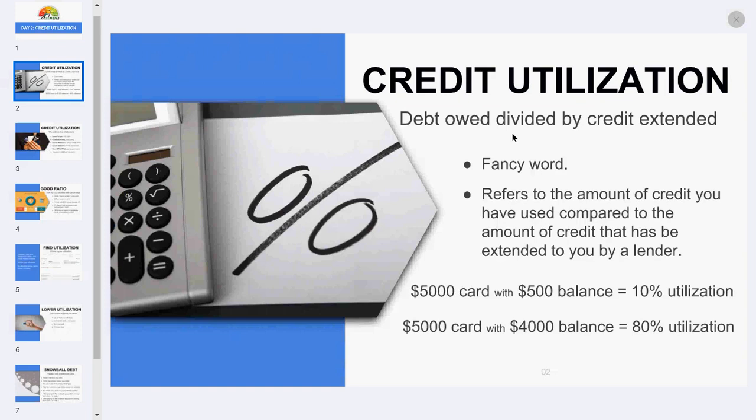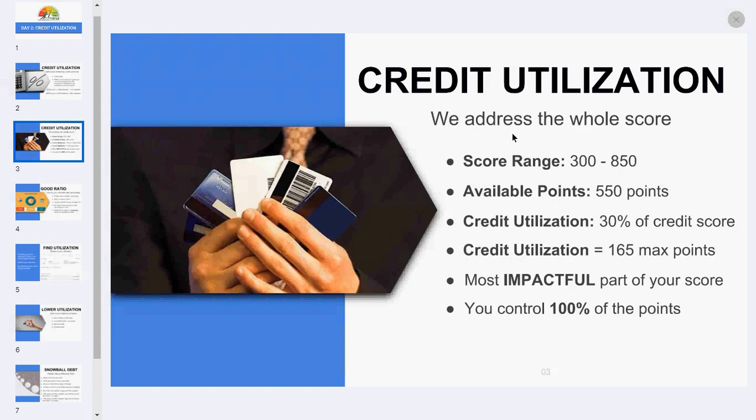Now let's dive in deeper, shall we? Yes. Now this is what you have to understand. What we're doing, you guys, over this next 5 days, we are addressing your whole overall score, okay? A lot of the times we have people who work with credit bureaus or credit specialists and things of that nature, people who say that they can better their credit, but they only focus on one thing. See, what you got to understand is that your score ranges from 300 to 850. Everybody starts out with 300 points, okay? So your goal is trying to get as close to that 850 as possible. So the available amount of points is